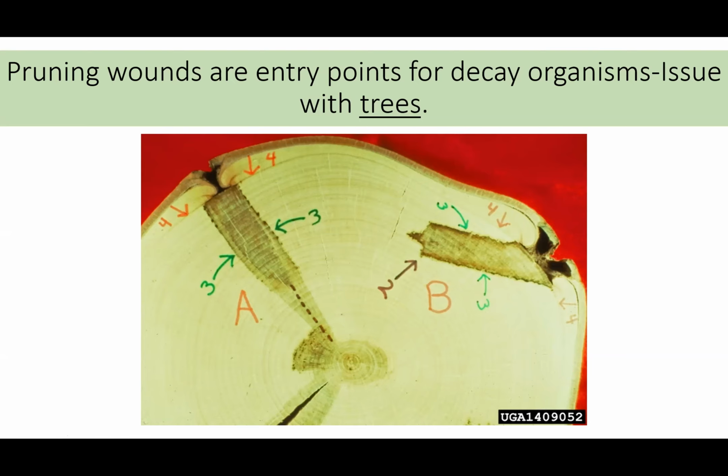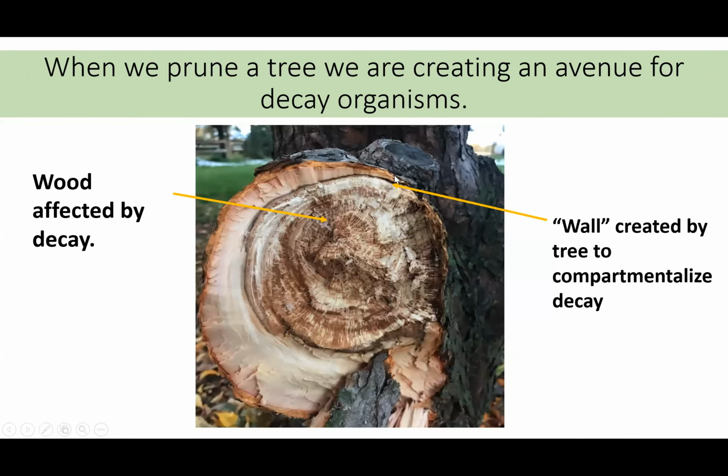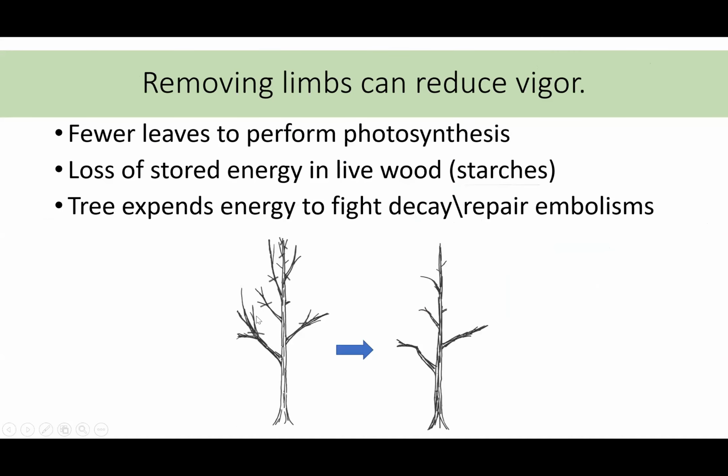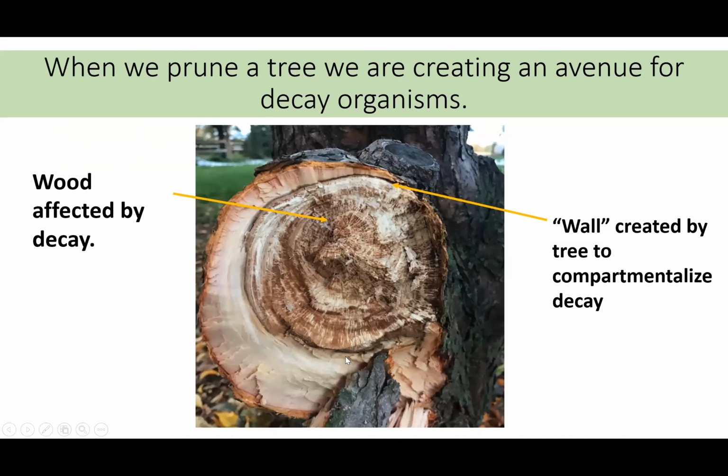And here's this picture of a crabapple that is still in my front yard, although I think it's going to die. A branch that broke in a snowstorm a couple years back. And you can see this whole inner portion is affected by decay. It has a kind of a white and spongy appearance to it. This black line around the edge of that is actually the wall the tree has erected to contain that decay. In this case, it affected a lot of the branch, and the branch eventually broke in a spring snowstorm.